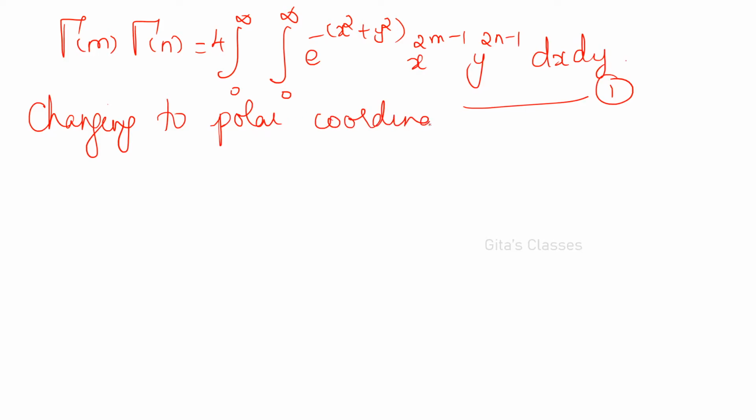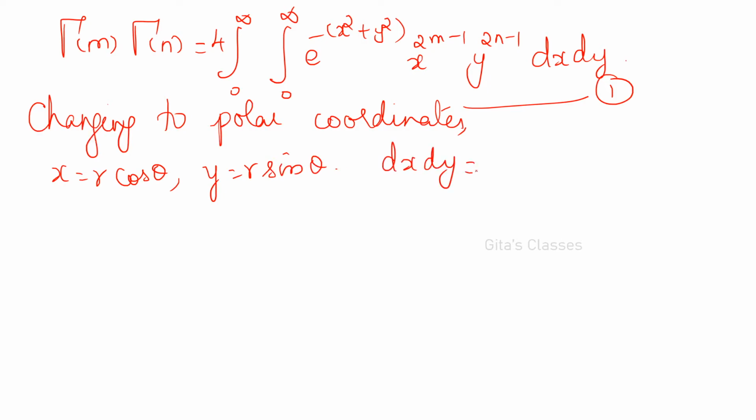I'll tell you how to change quickly. So whenever you are changing from Cartesian to polar, these are the substitutions you have to remember by heart. Already you would have studied x is equal to r cos theta, y is equal to r sin theta. Okay. And dx dy will become Jacobian into dr d theta. Here Jacobian is r, therefore r into dr d theta. So these things you have to remember. X is equal to r cos theta, y is equal to r sin theta. Therefore x squared plus y squared will become r squared into cos squared theta plus sin squared theta, therefore it is r squared.